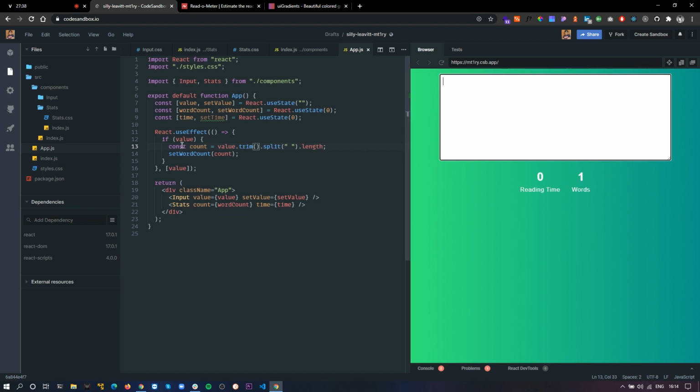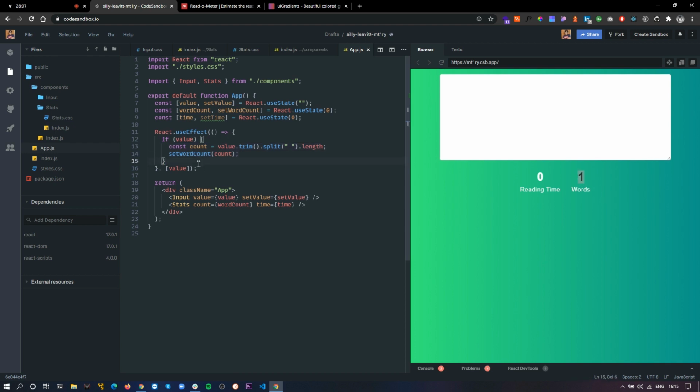Right now it still shows me 4 words. That is because when the user is typing, it shows 2 words, and when I clear this last character, my value becomes empty. This particular condition blocks this code from running, so the value never gets updated for the 0th value.